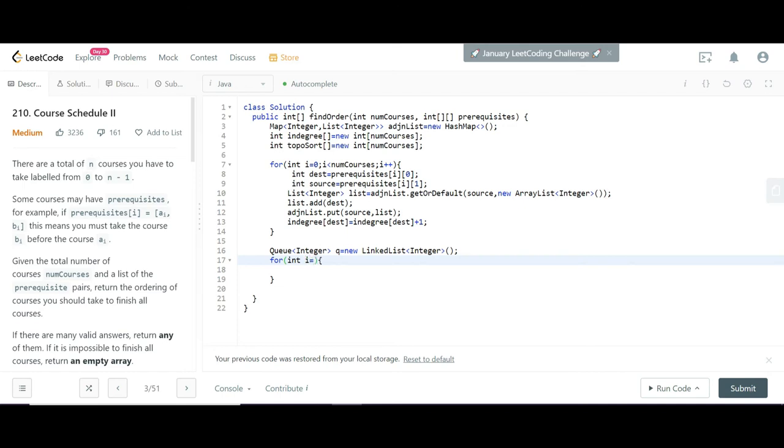So int i equal to 0, then i less than or equal to number of courses, i plus plus, and here if in-degree of i equal to 0, then I add it inside the queue. So this part is also now completed.